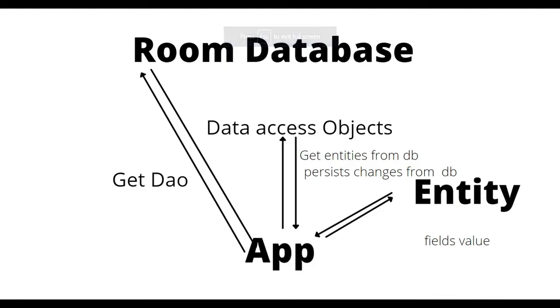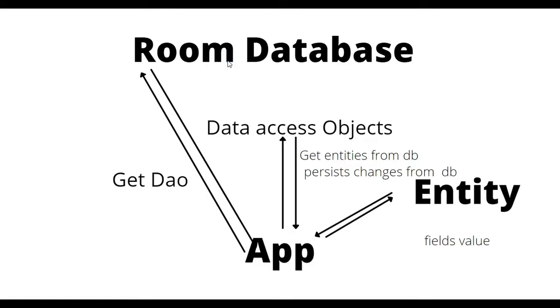So this is a little slide to understand the Room database. This is the entity that we are going to create in this lecture. An entity basically holds the field values, and then we are going to have a data access object, which is an interface used for accessing the database, where we will create our functions, or you can call them queries, and then we can use those queries to access the Room database. So let's create the entity first.